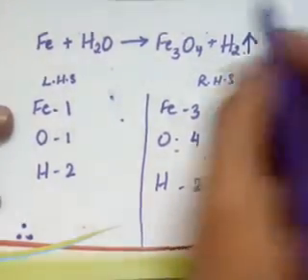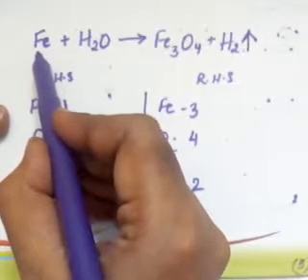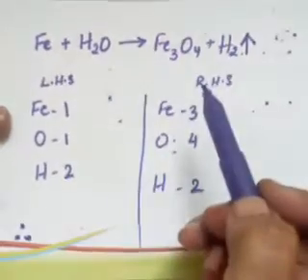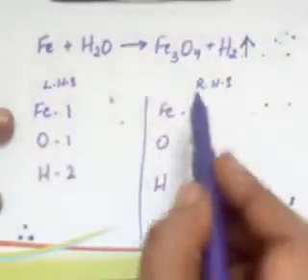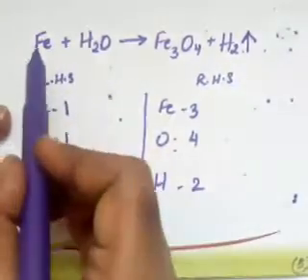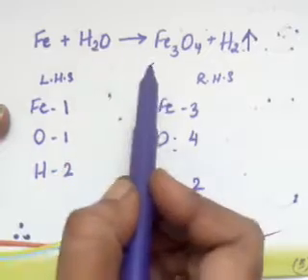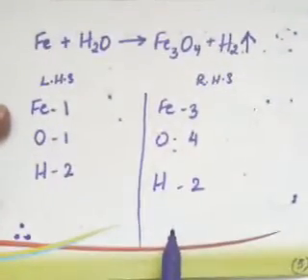Now this is not a balanced equation, as we can see directly that iron is one atom here, and on the product side there are 3 atoms. If we match the left hand side and right hand side, counting the number of atoms of iron, oxygen and hydrogen, we will see the number of atoms differ. That means this is not a balanced equation. How do we balance it?